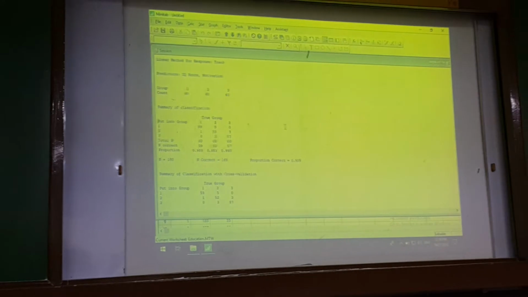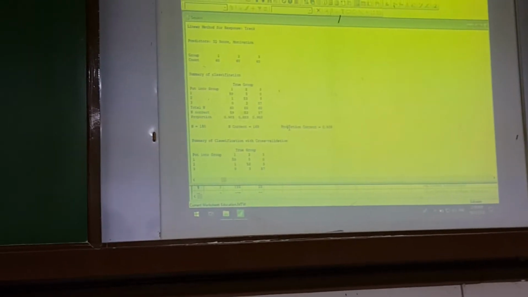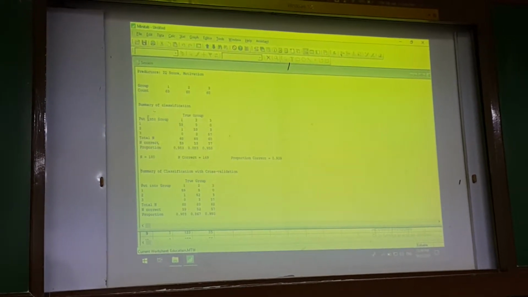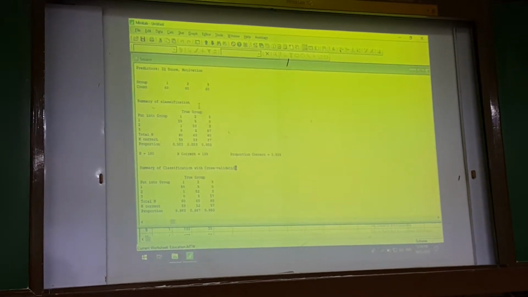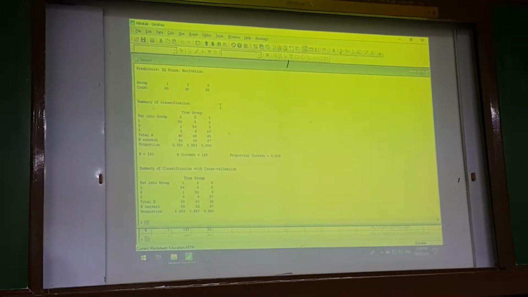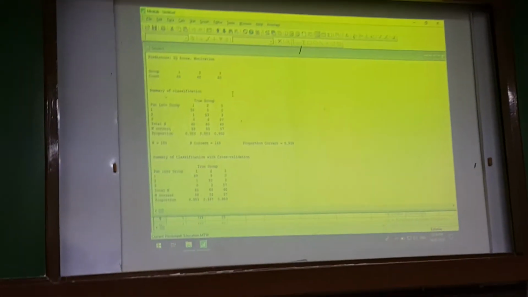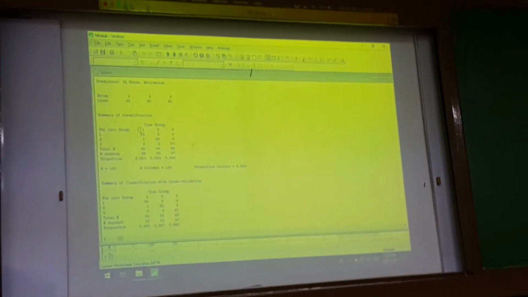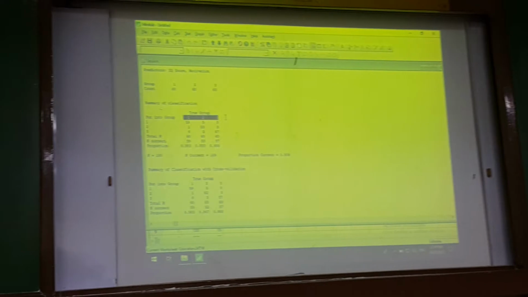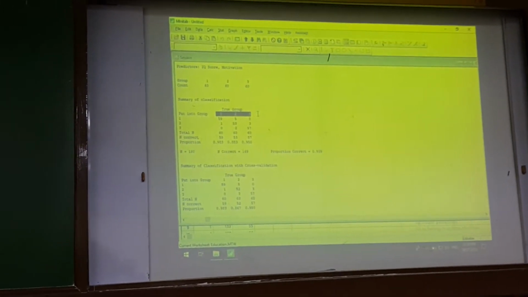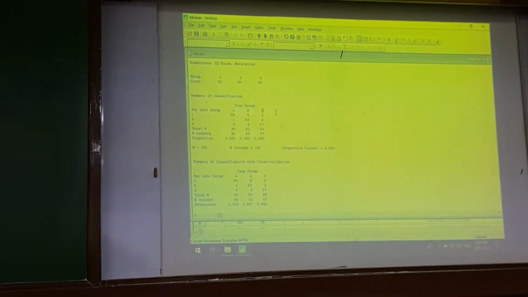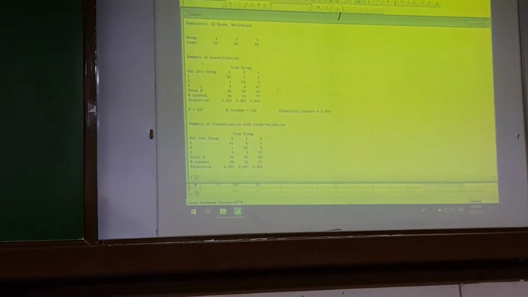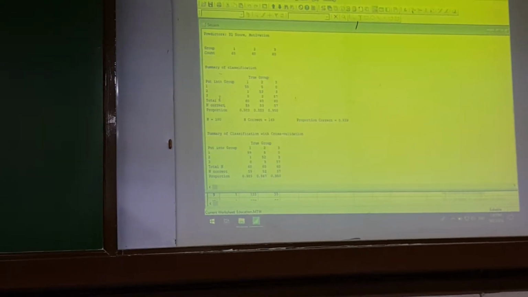Anyway, dito tayo sa summary of classifications. Dito muna tayo sa without cross-validation. Again, kapag walang cross-validation, hindi niya kino-consider yung multiply by other factors. So, yung column is yung true group, or basically anong group sila dapat. For the put into group, sila yung saan mo dapat sila ilalagay.